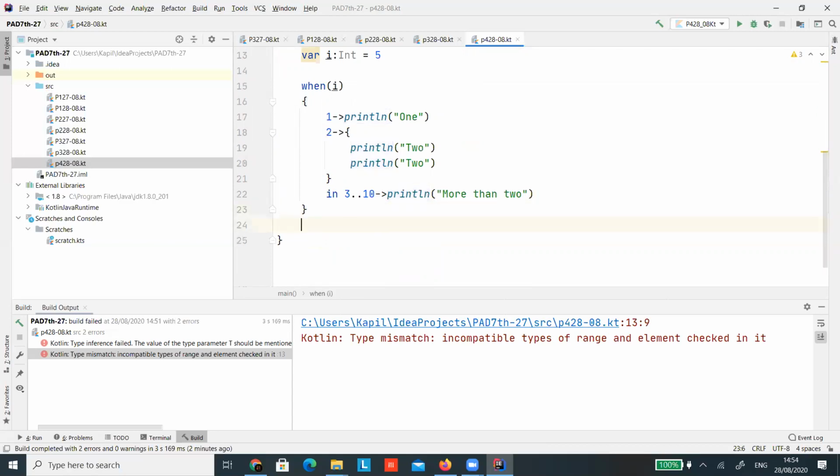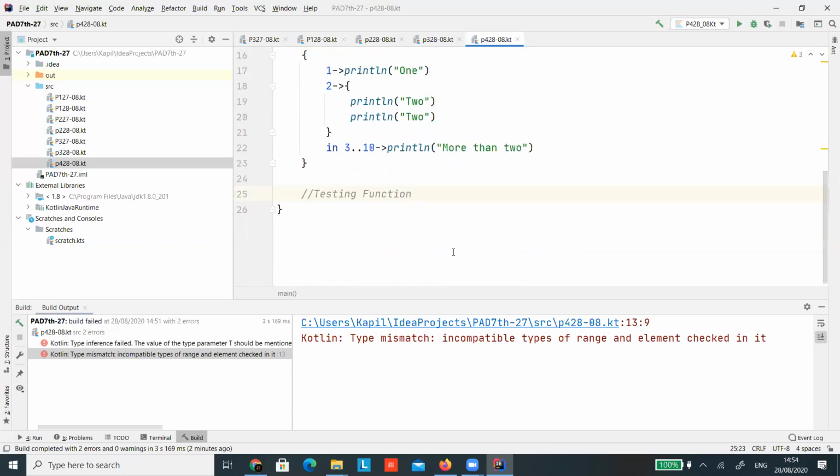And now see what I'm doing over here. Testing the function my data type.